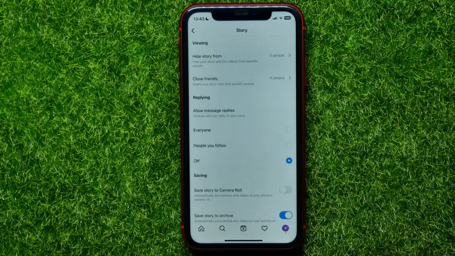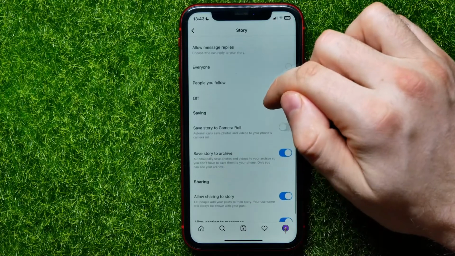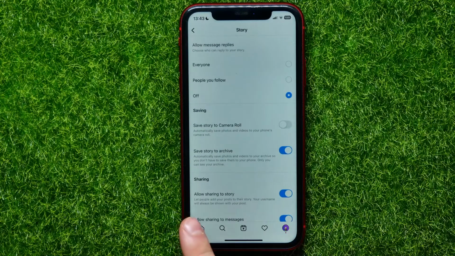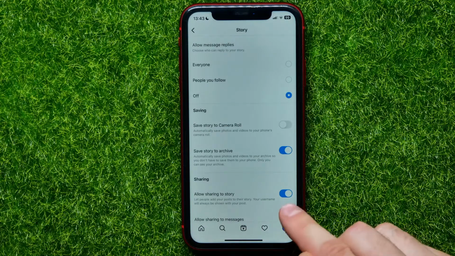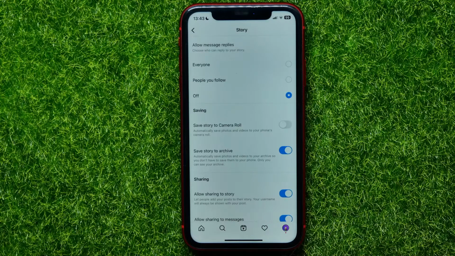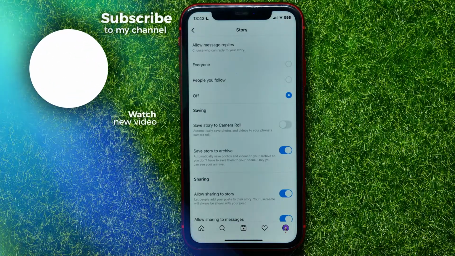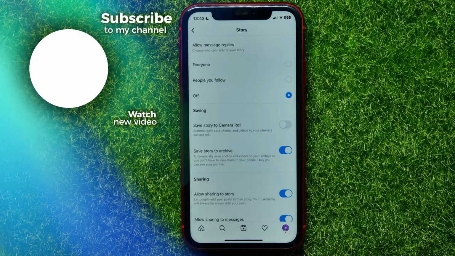Next, just tap here at story and then scroll down for a bit until you find allow sharing to story. Let people add your post to their story. Your username will always be shown with your post, so in that simple way, just by enabling this feature, you can increase visibility of your post if other people will share it to their